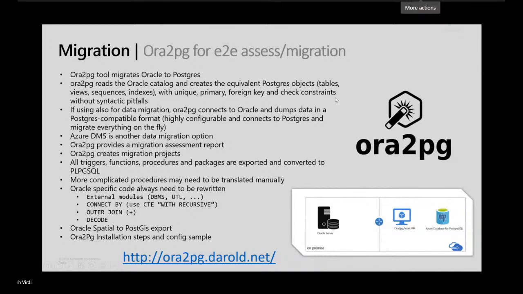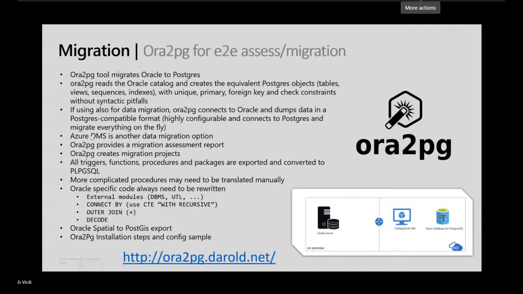So in terms of tables, views, sequences, indexes, all that can be migrated automatically with the help of Ora2PG. Although there are certain considerations which you will have to make, and believe me, the assessment that Ora2PG will do will give you a good view in terms of what are the complexities that you will have to look for when you're trying to migrate from Oracle to Postgre.